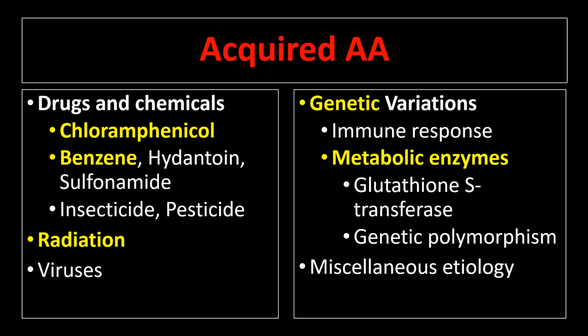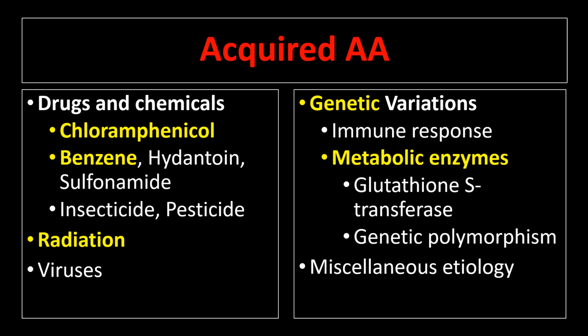Some of the miscellaneous etiologies for acquired aplastic anemia would be overt hepatitis, paroxysmal nocturnal hemoglobinuria, and also myeloid disease, wherein you can exhibit marrow hypofunction in those cases. Also in pregnancy, you can develop acquired aplastic anemia. So all of these, you should remember: your drugs and chemicals, chloramphenicol, benzene, and radiation, also the viruses, and